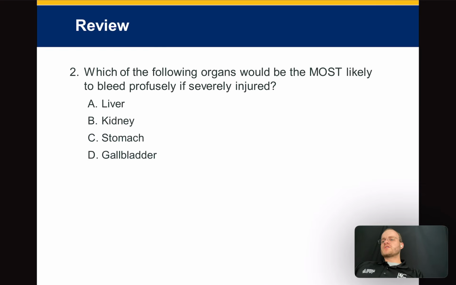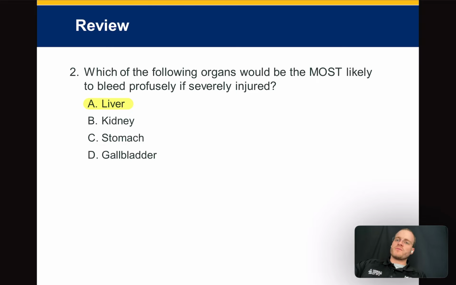Which of the following organs would be most likely to bleed profusely if severely injured? Liver, kidney, stomach, gallbladder. Okay, I'm gonna go liver just because of its size, and I know that all of the blood